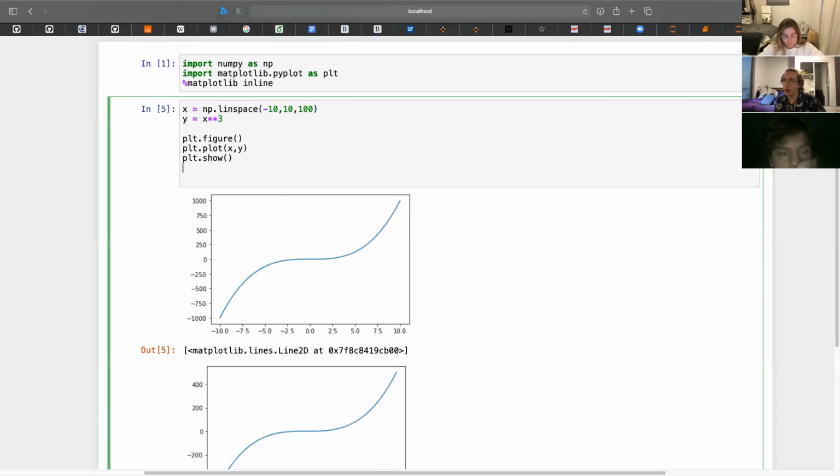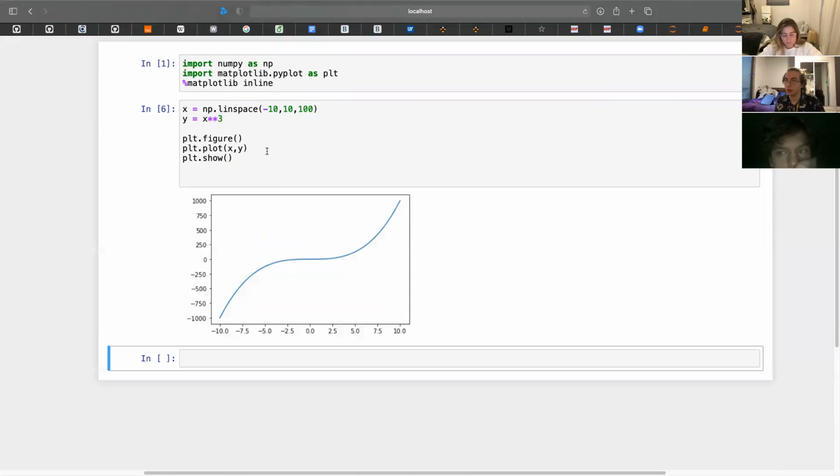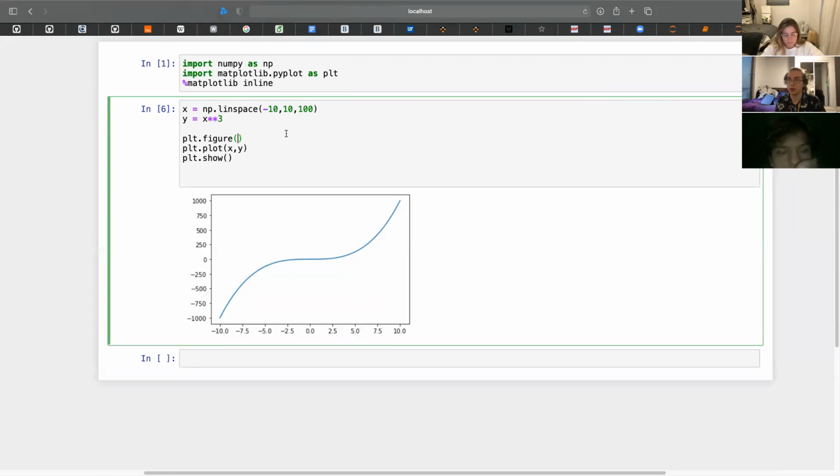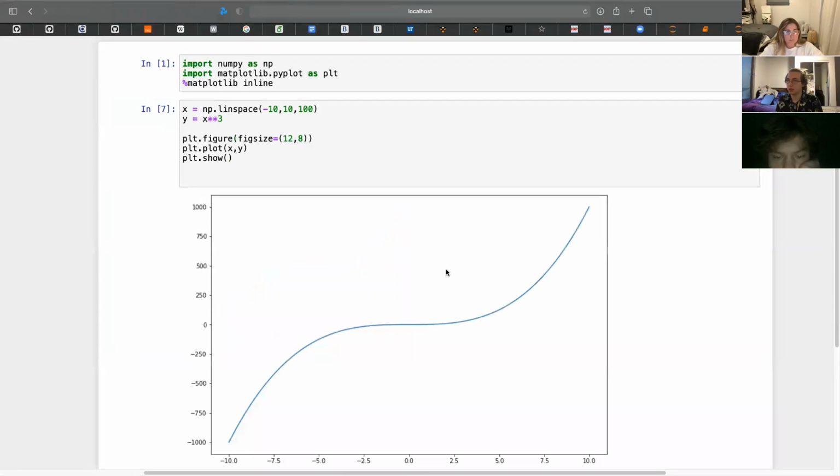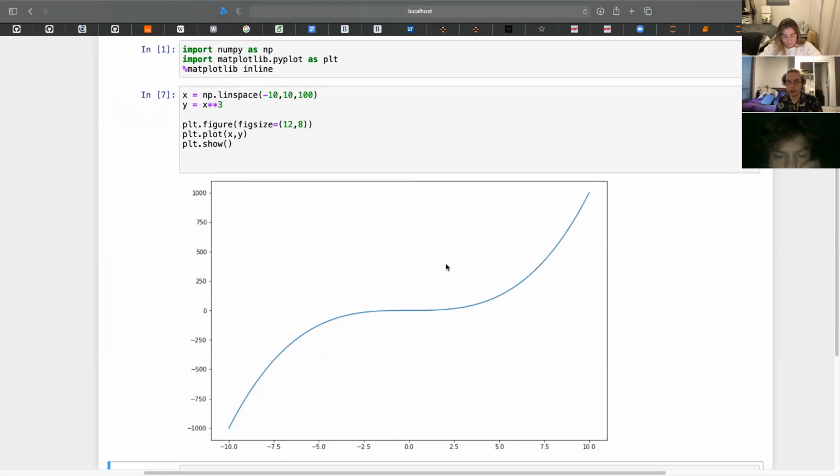Now, how do we make this more pretty, right? Because that's a pretty ugly plot. I would never show this to anybody. So let's do a couple things. First, we can make it bigger. To make it bigger, there's an argument in here. It's in the guide, but don't worry about it. It's called figsize, and you set that equal to a tuple, where the x, or the 0th index, is your x width in some units. I don't know what they are. I usually just go straight to 12, 8. That's x is 12, 8 is y. It's like an aspect ratio or whatever. And what that'll do is make it much bigger,